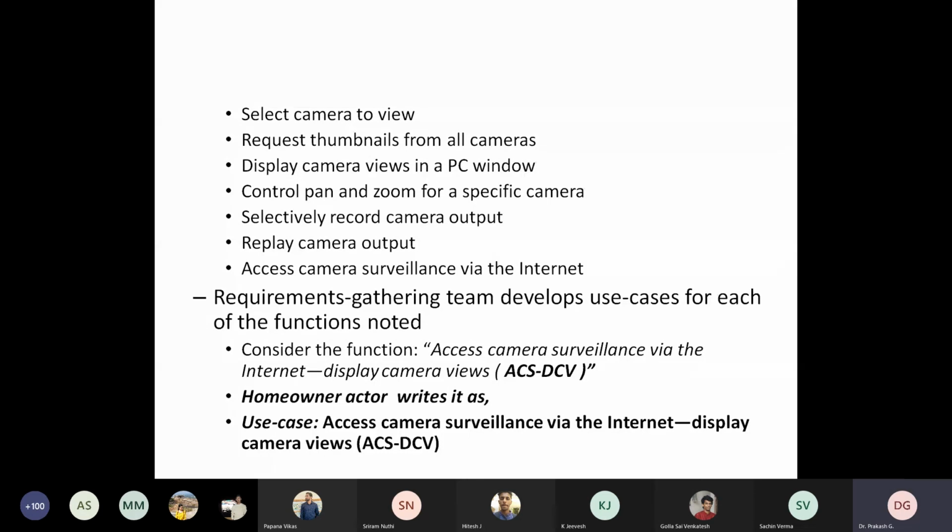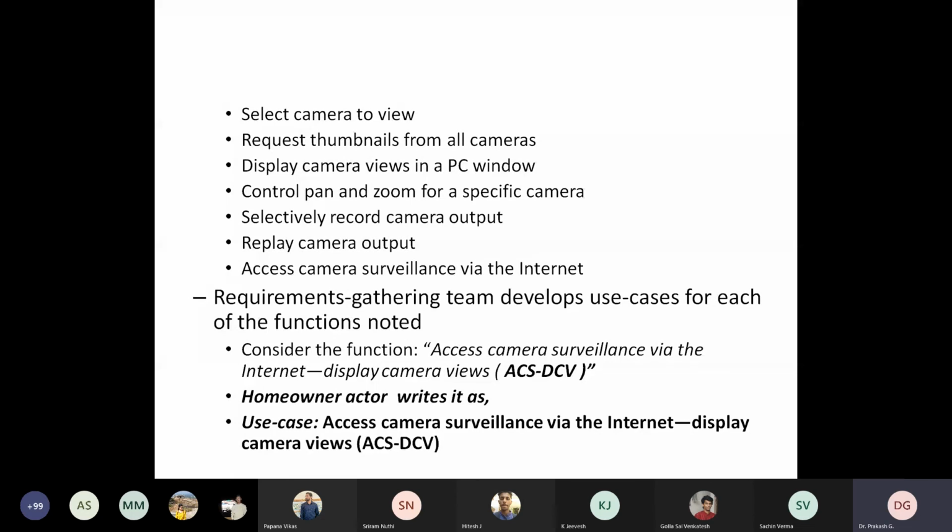If there are 10 cameras in your home or apartment, all 10 will be shown in your PC as a single view along with various thumbnails. If I click on one thumbnail, that particular camera will be zoomed, and you can see whatever is happening with respect to that camera.